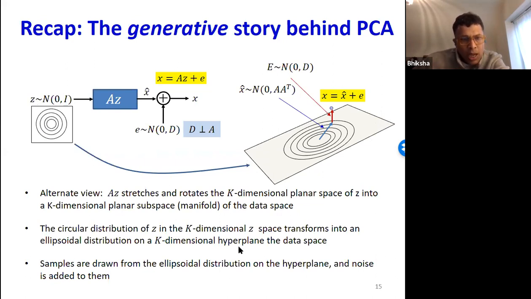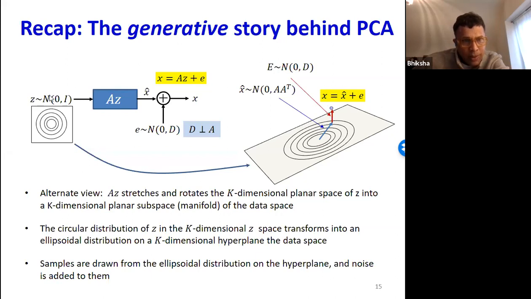And so in order to generate any point, you first take a Gaussian step on this hyperplane, and then you draw a second noise, which is also Gaussian, but which is always orthogonal to this hyperplane, and you add that noise after having taken this Gaussian step, and that is your final observation.